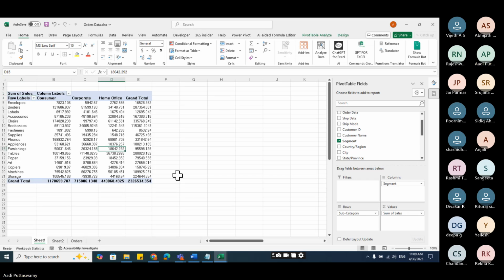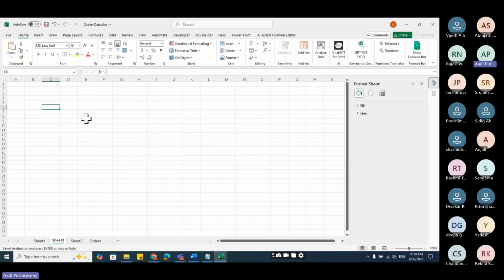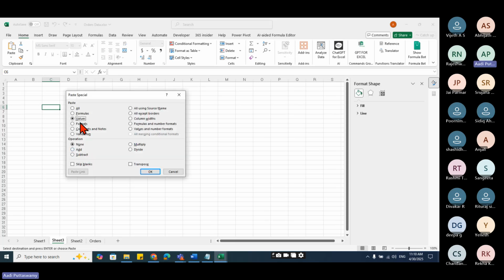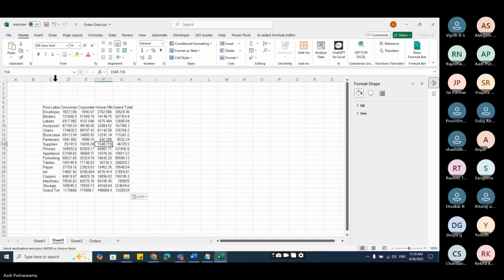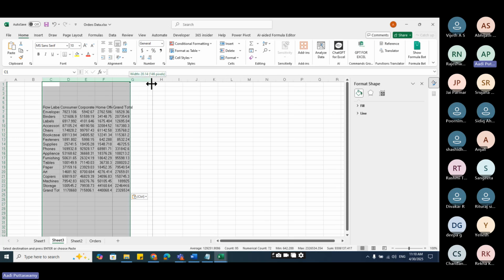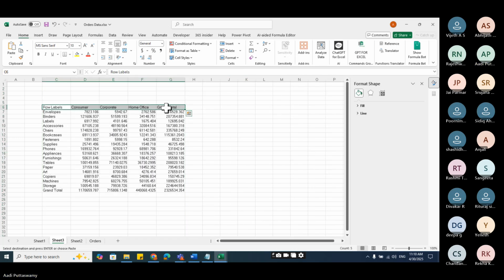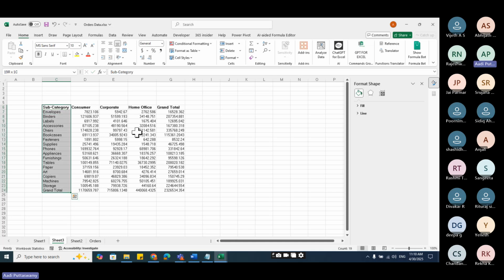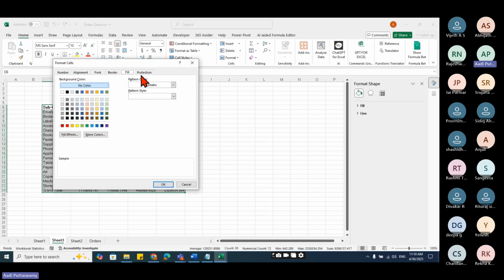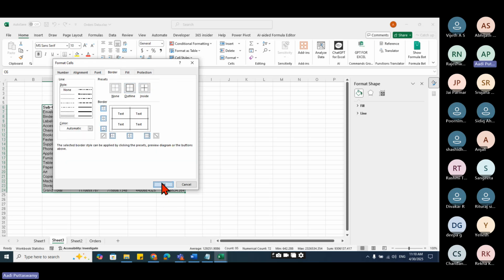Okay. Let me copy this. I'll go to a new sheet. Paste it as values. Let me format it quickly. Okay. I'll make it bold. This one is subcategory. Okay. And then we'll try to format it with borders.